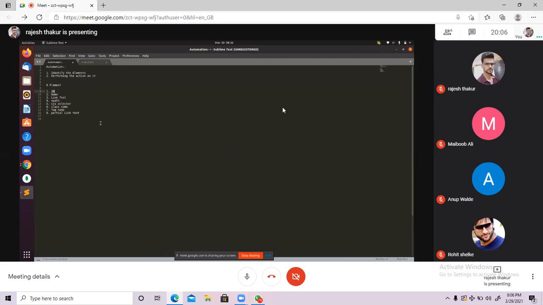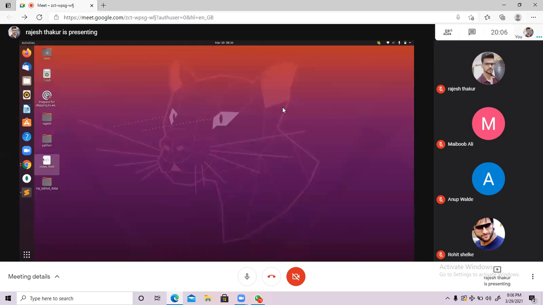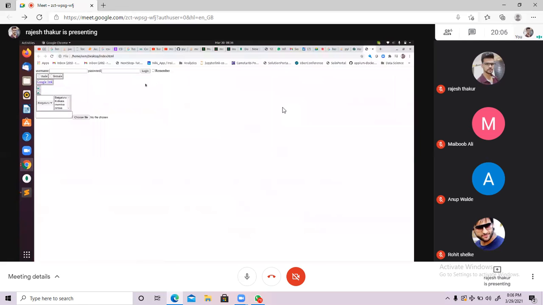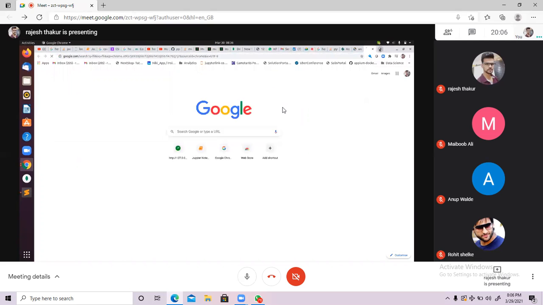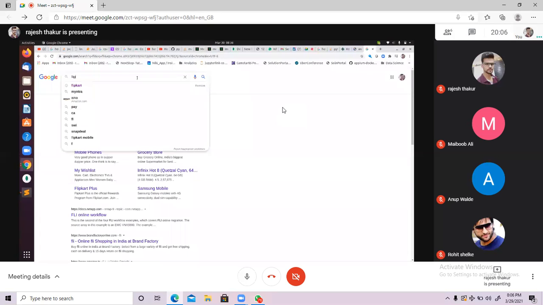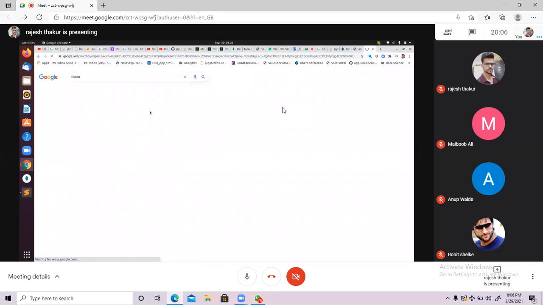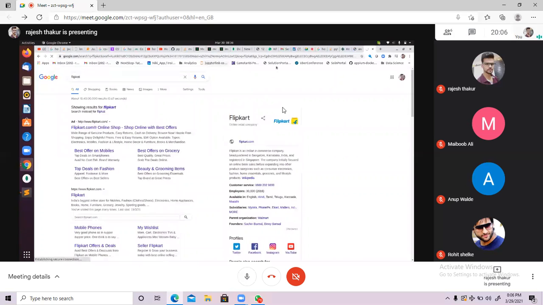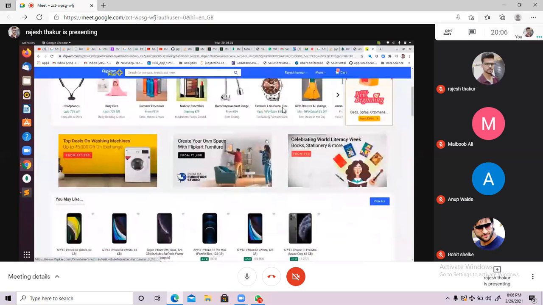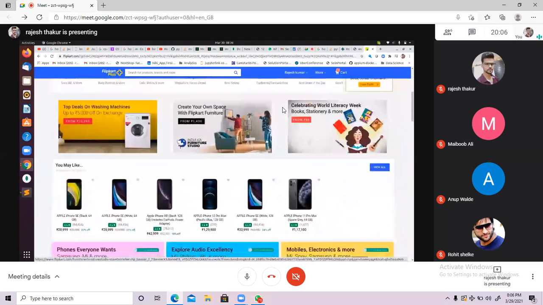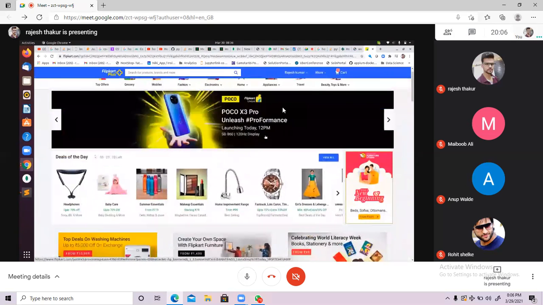So let's understand things. What I was saying, that day we created our own HTML page, right? This is our own HTML page. So let's understand how to identify this. That's what I had created in front of you. This is a very simple XPath, but if you look at the Flipkart website, there are very critical XPaths, right? I'm not saying in real time we have to identify only this kind of website, but let's start with small things.